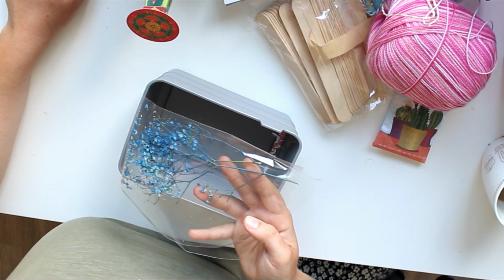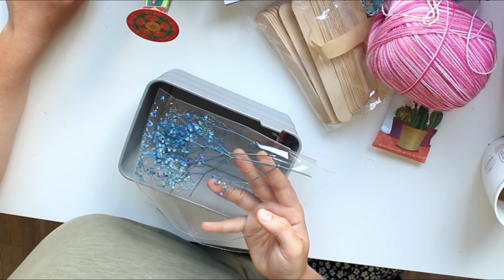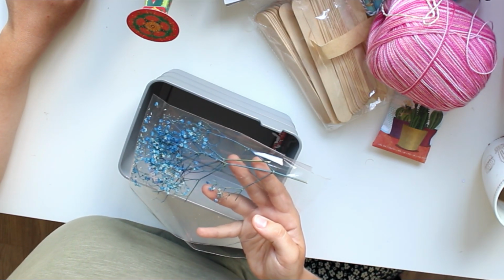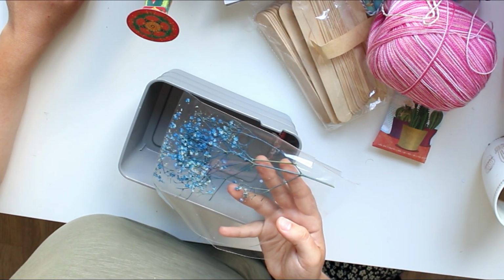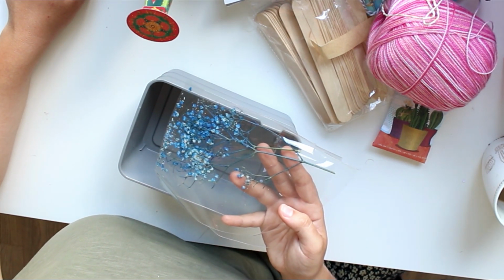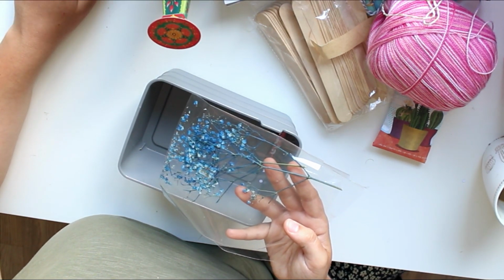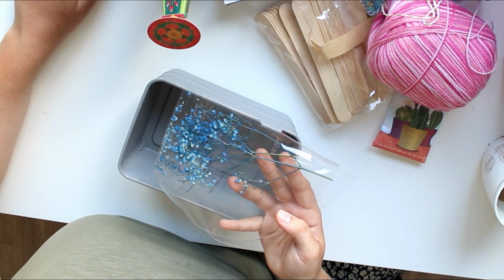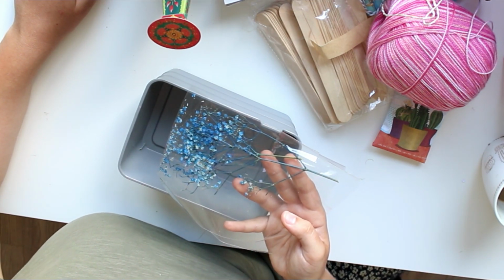flowers I dried, which I know should be here somewhere, I know after I remove everything, like I put everything in a place that seemed logical at the time. Now I cannot find anything anymore. But the flowers I dried are from my parents' old house. So from our old garden, because my parents also moved. From our old garden, I picked flowers. I'm getting a little bit sentimental now, but I picked flowers from our old garden and I dried them, and